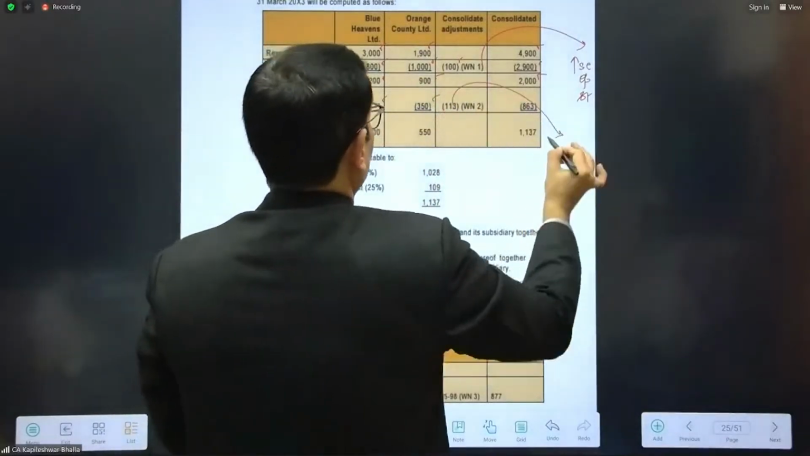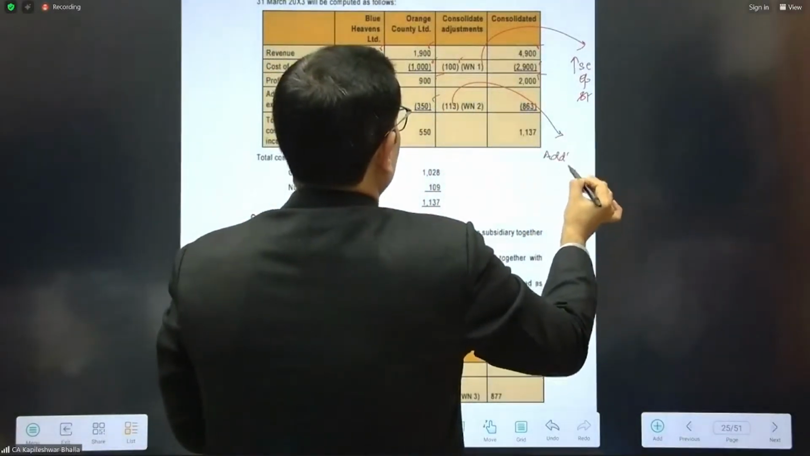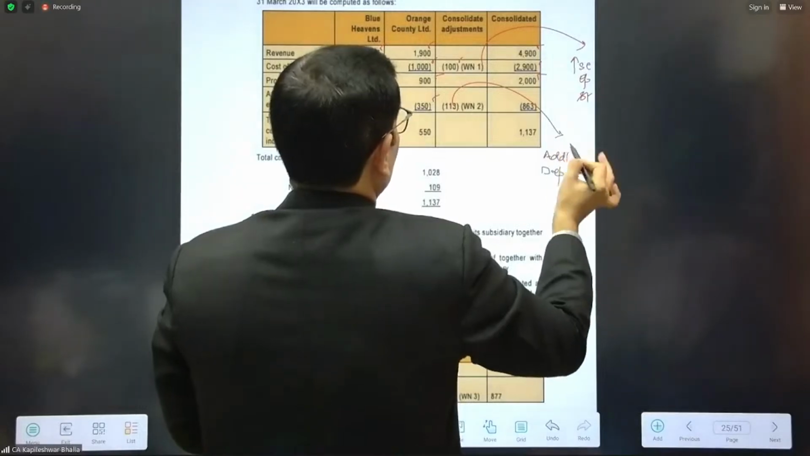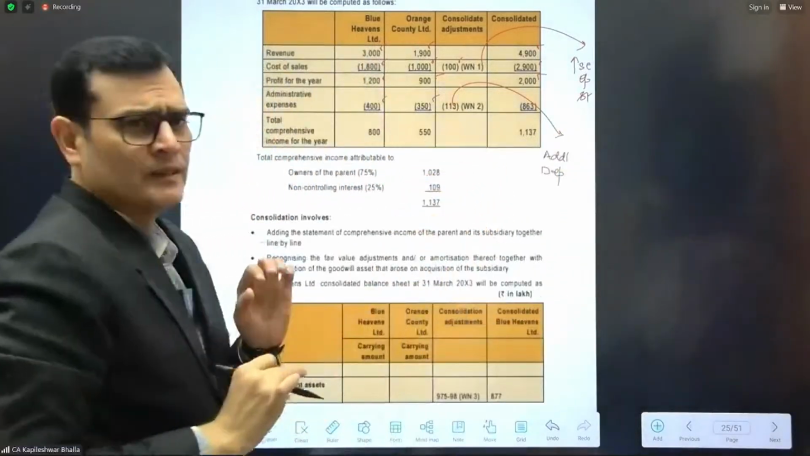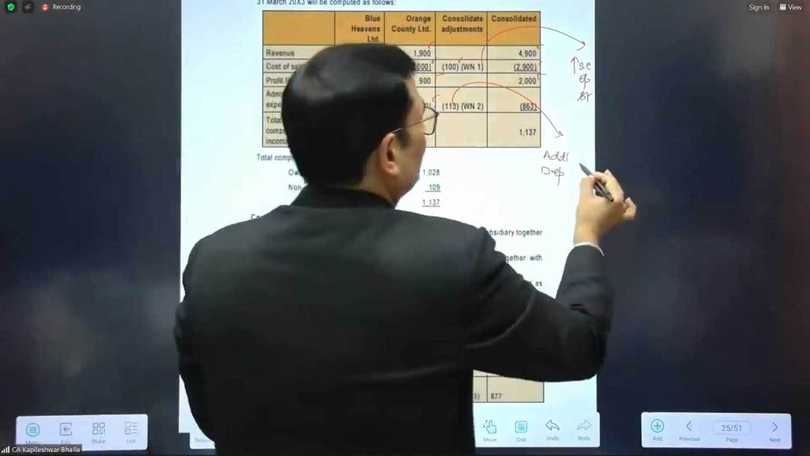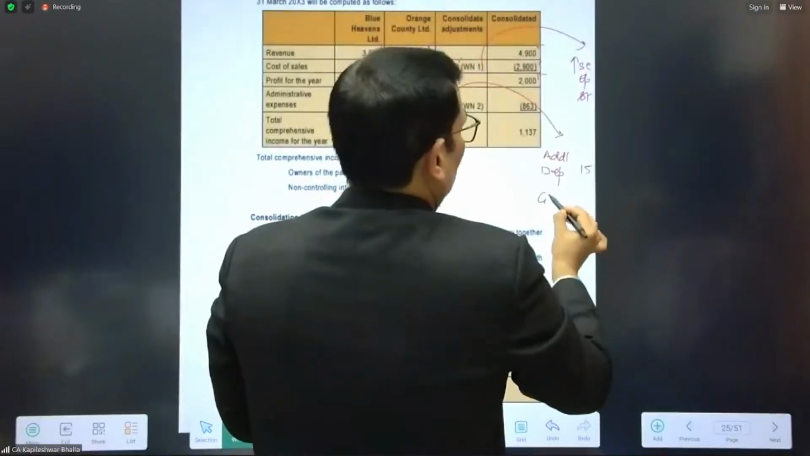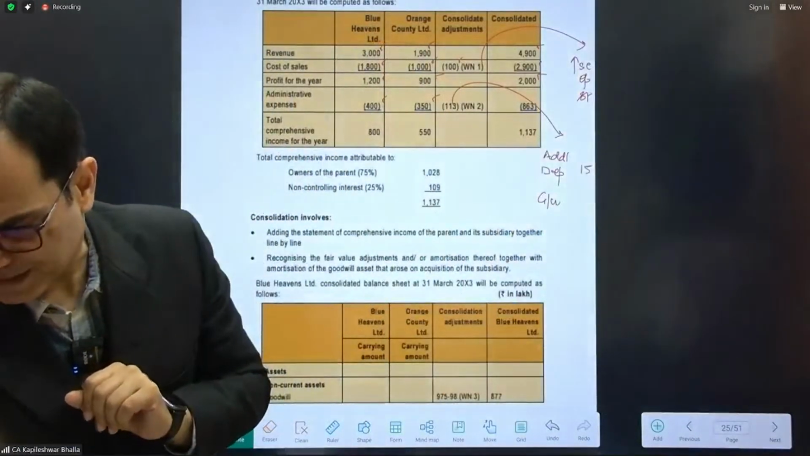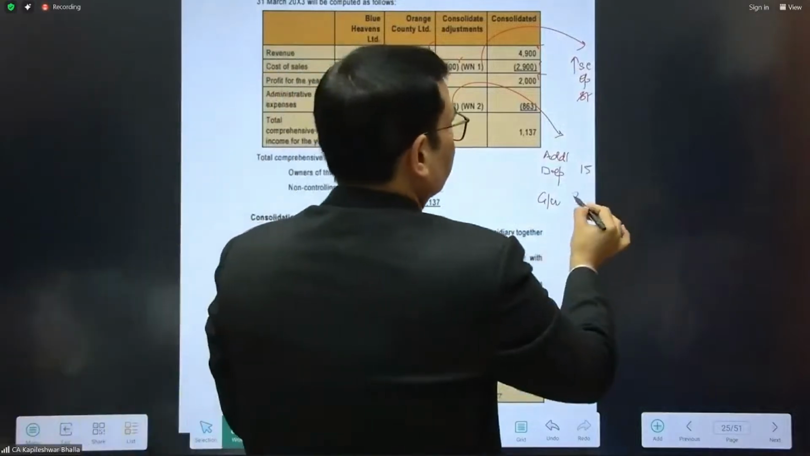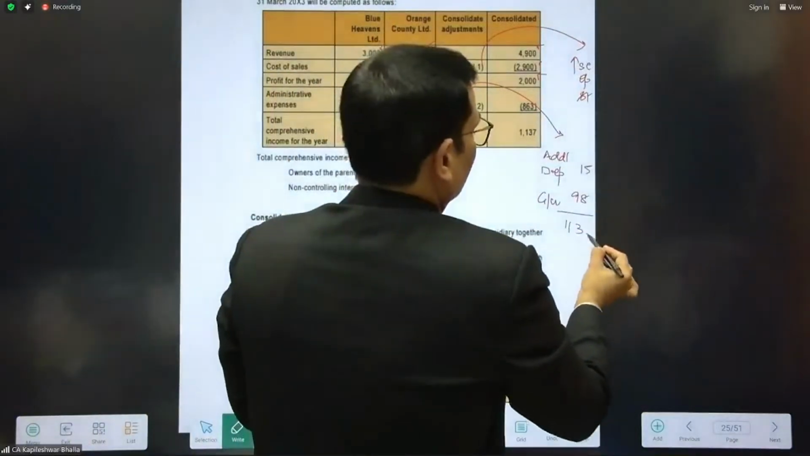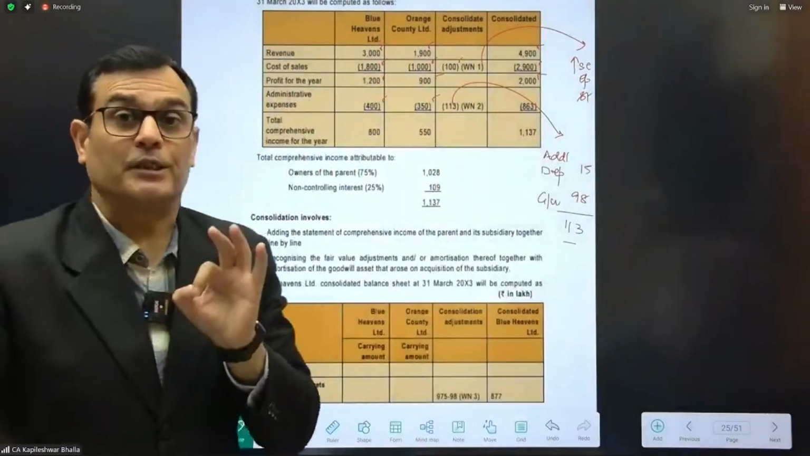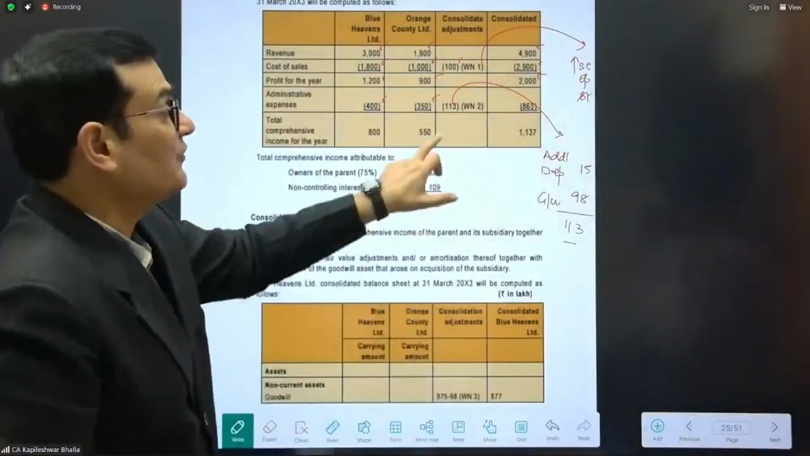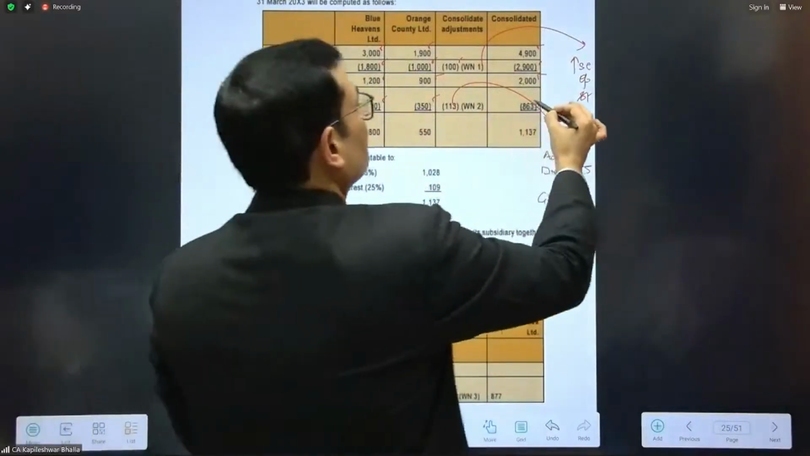And what is this 113? One is the additional depreciation we have taken, and that was to the extent of, I guess, how much? The additional depreciation was 15. And one is the goodwill impairment. I guess the goodwill impairment was to the extent of 98. So this 113 is nothing but additional depreciation as well as the goodwill impairment, and this comes in the outer